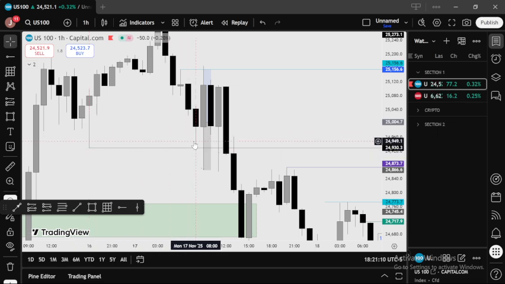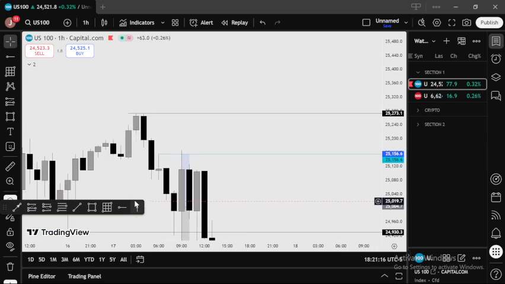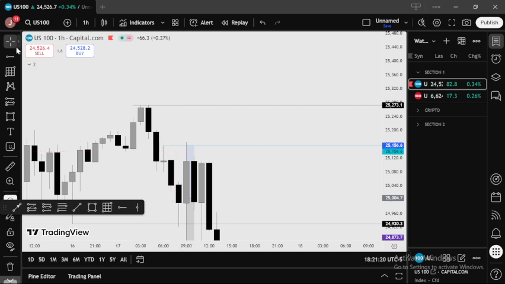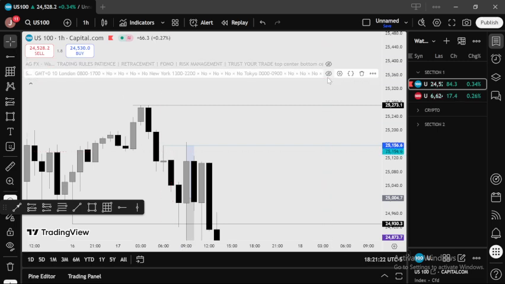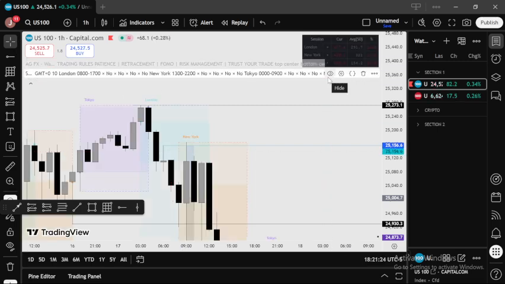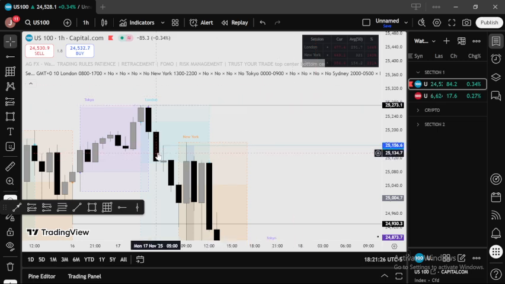We took it out before market open, by market open for the sell side. So before market open, we took this out, and then this was the 1 hour high as well as a session high. Let me check which session it was again, but I remember it being a session high. Okay, it wasn't a session high. Oh, it was an hourly high, and this was the session high. The 4 hour session high.